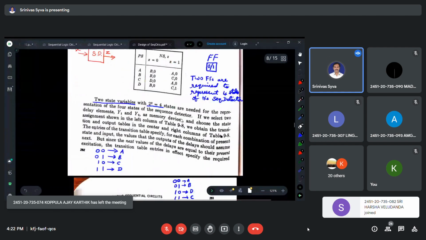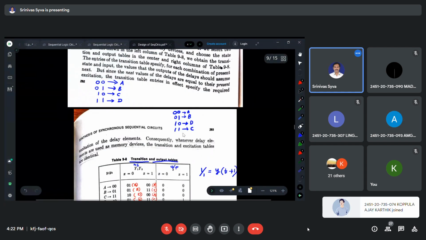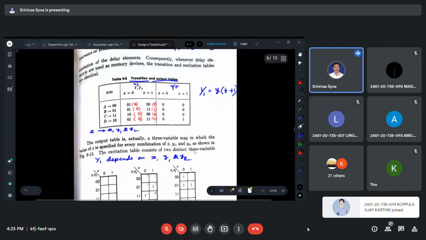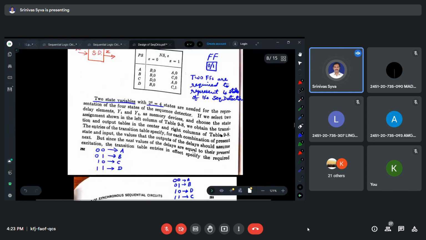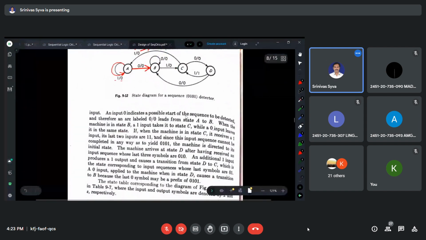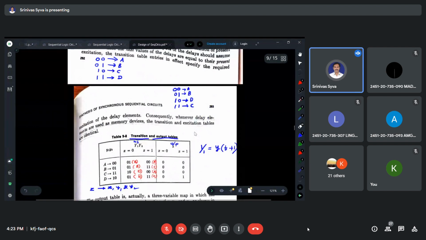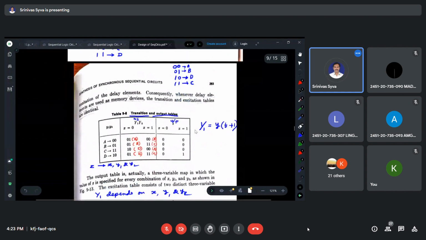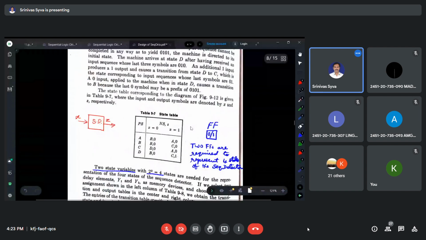So again, I will discuss. Now you go through it. It is just first-hand information for you. Go through this and read any book, Anand Kumar or any book. This is from Kohavi. This is a very, very standard book by an internationally renowned author. In a small number of pages, he has covered a lot of information. That's why I have taken up this one. You can see any book. I will upload this one.